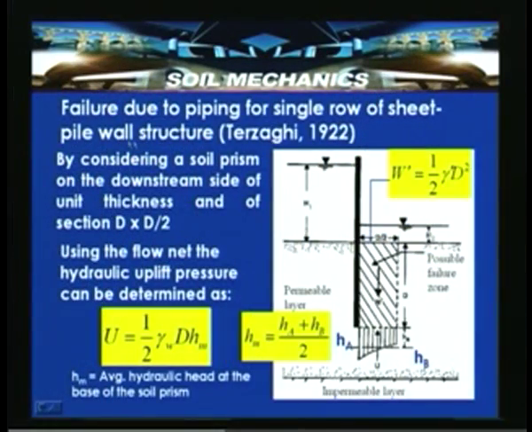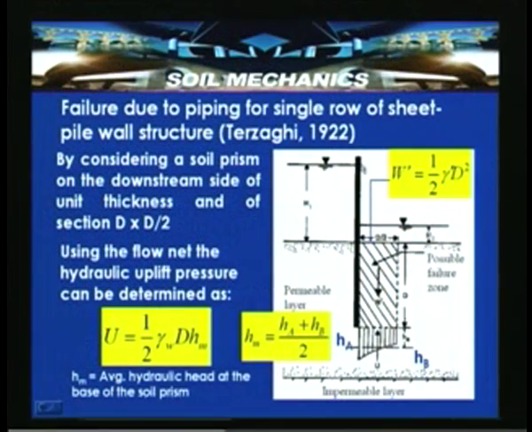So, let us look into the failure due to piping for a single row of sheet pile wall structure. This is after Terzaghi 1922. So, consider a cross section of a sheet pile wall and assume that on the downstream side a wedge of soil or a prism of soil is subjected to some uplift. So, here consider a cross section of a sheet pile wall which is embedded in a permeable layer, and D is the embedded depth,